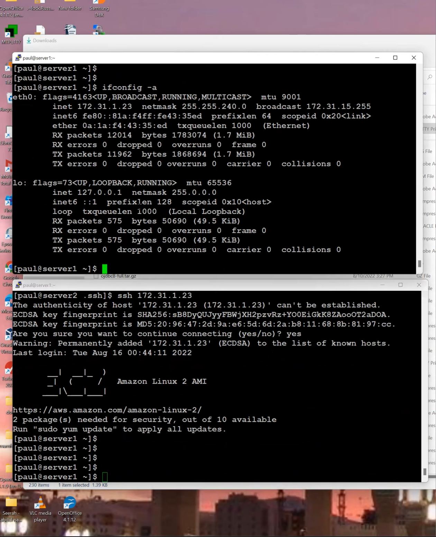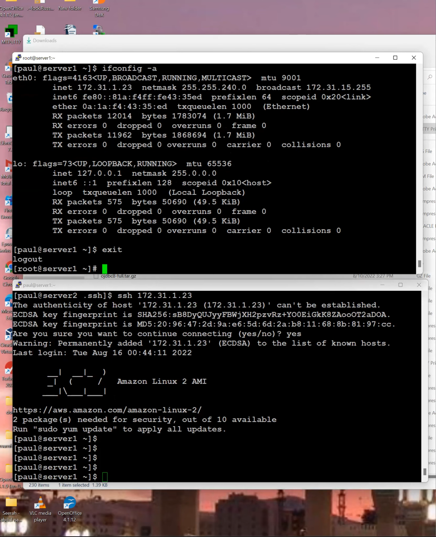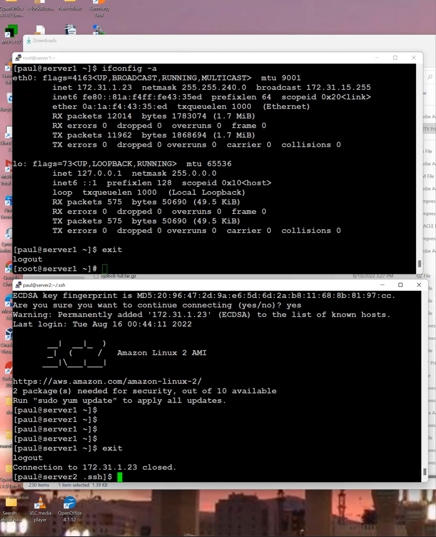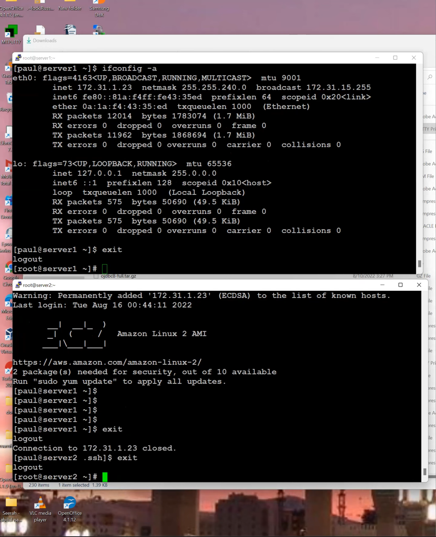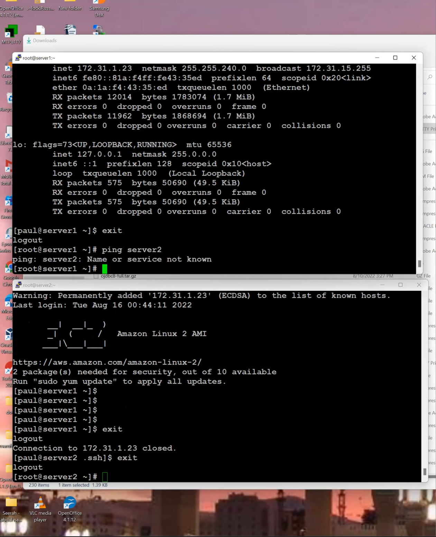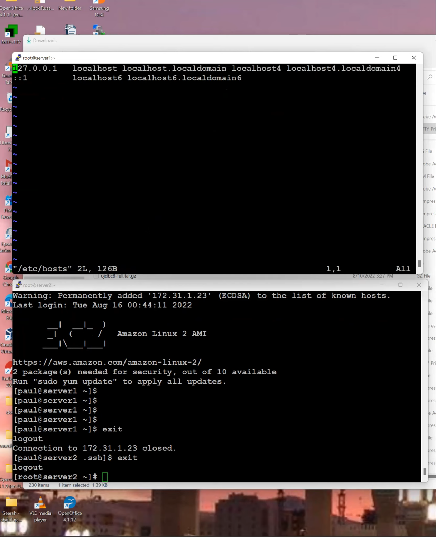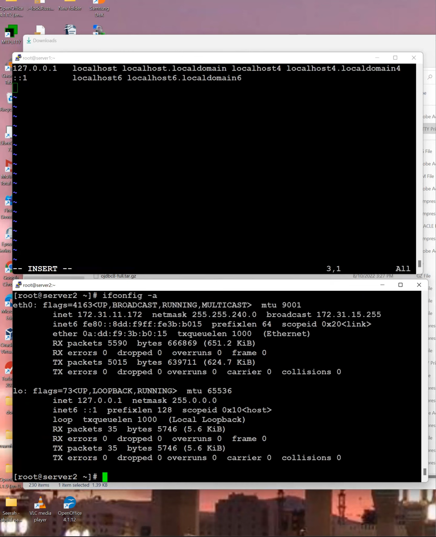Okay. Very simple way to fix the name resolution, but usually it doesn't work in this way. For example, if we say ping server 2, it will not work because the computer doesn't know server 2's name. The simple way to fix it is a file called /etc/hosts. On that file, you type this computer's IP, and then you put the computer name, server 2, let's say its nickname,